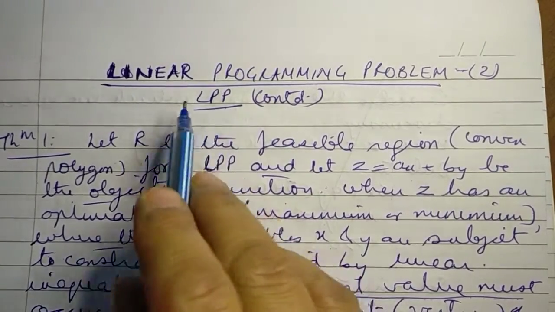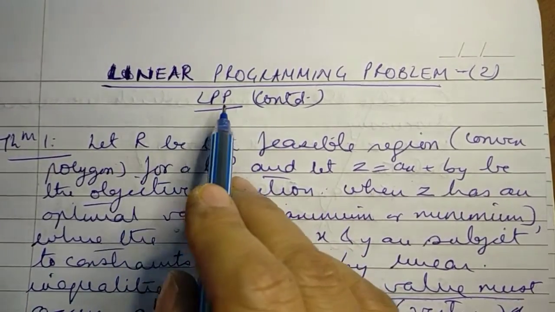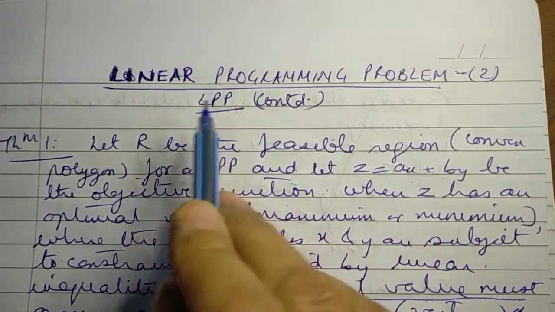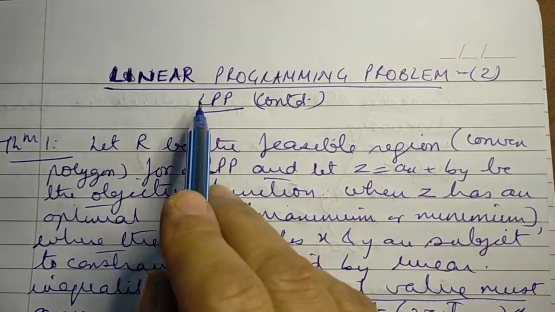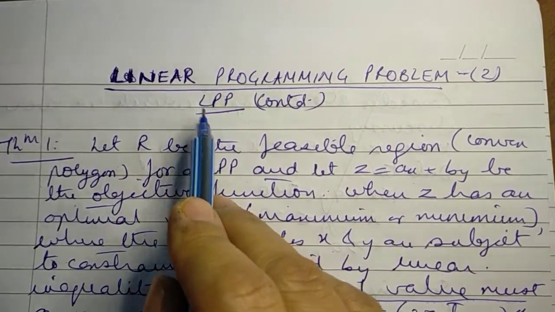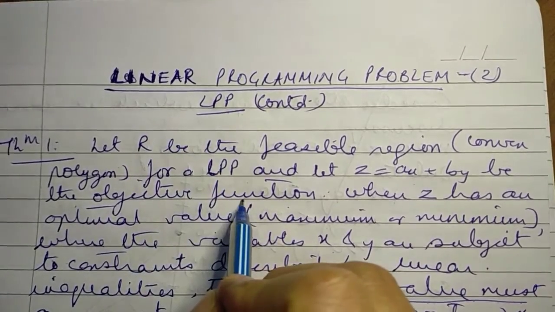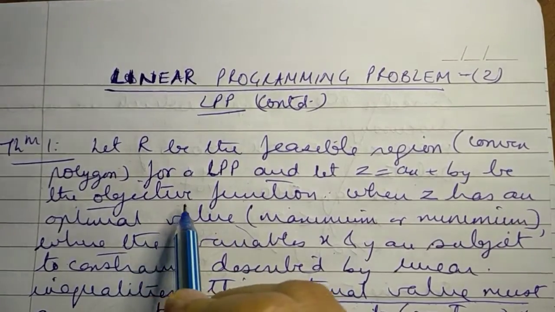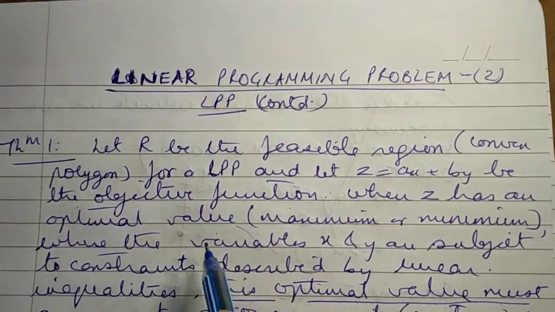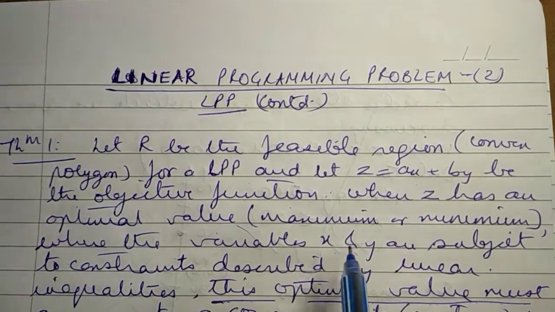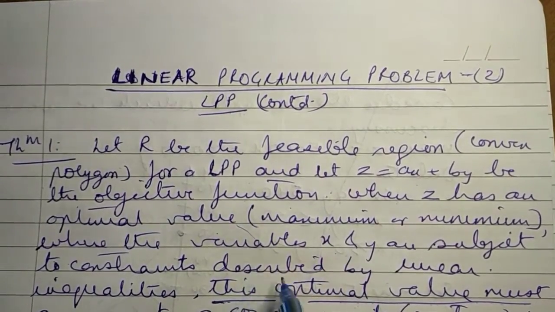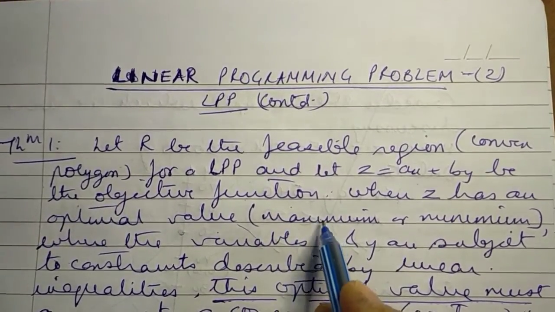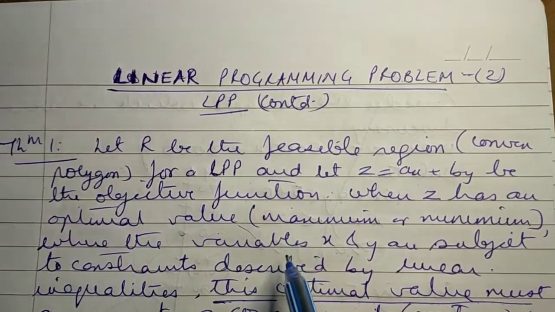Hello students, let us now continue with our discussion on solution of a linear programming problem. As discussed in the previous video, we will be solving a linear programming problem by the graphical method, and it involves two steps. The first step we had considered in the previous video, which says that we will be plotting or graphing all the constraints on a single graph and find a suitable solution area which satisfies all the linear inequalities. This solution area is also called the feasible region of the LPP